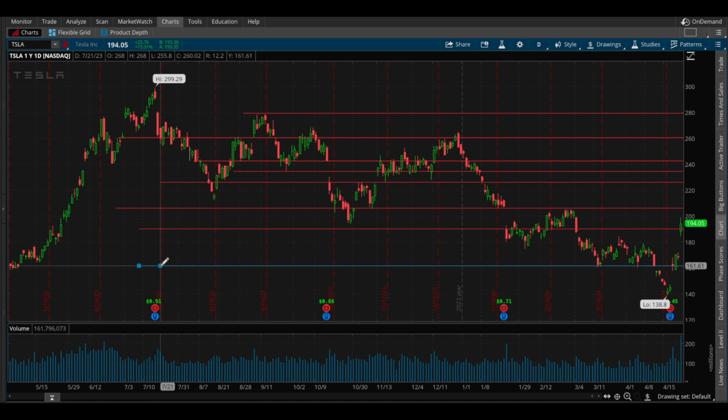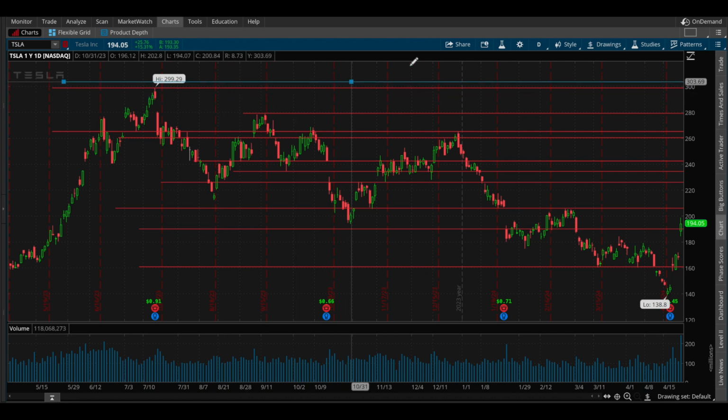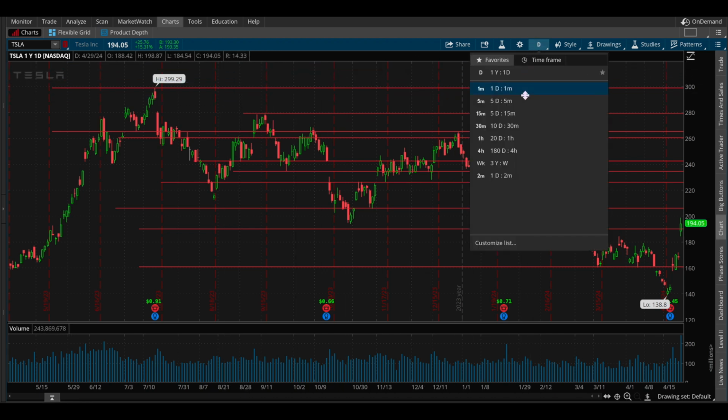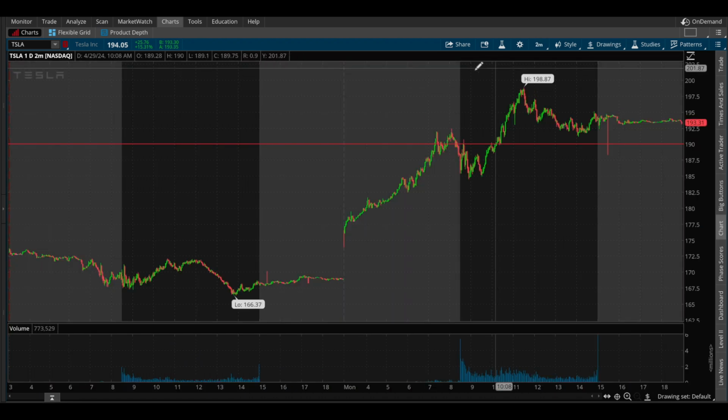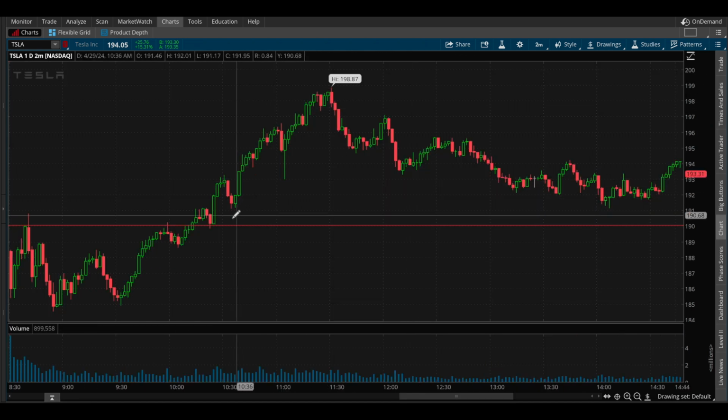So I won't do a whole ton of charting on this daily because I just want to give you guys a brief overview of what I'm doing. Okay, so I'll do enough. That should be fine for now. Let me go ahead and drop it down to the 2 minute because I love to trade on the 2 minute time frame. So I'm going to zoom it in and you guys can see I have a level at